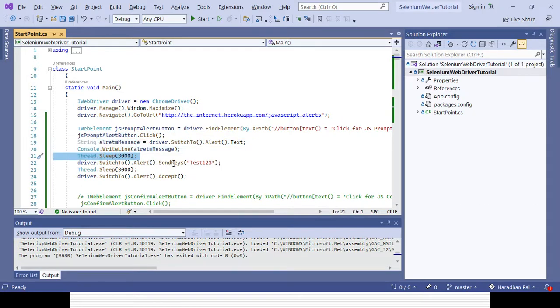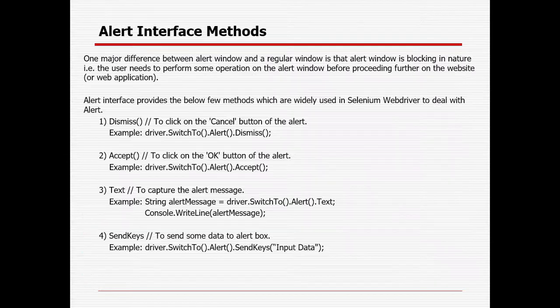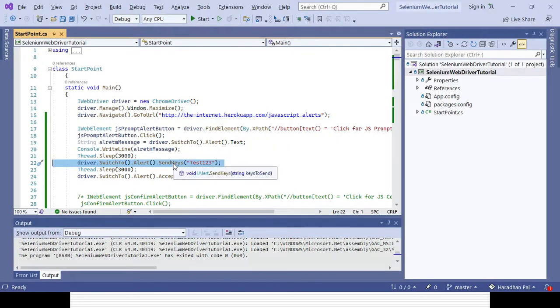Then in the input box of the prompt window, I will enter the value with the help of the sendKeys method, which is test123, and after that I will wait for 3 seconds, then I will accept the alert, right? So that means the OK button will be clicked. So that way I can handle 3 types of alerts. So let's try to run the code and let's see what is happening.